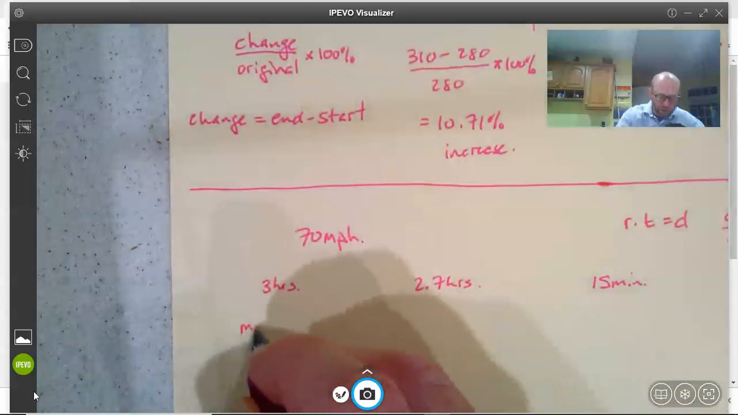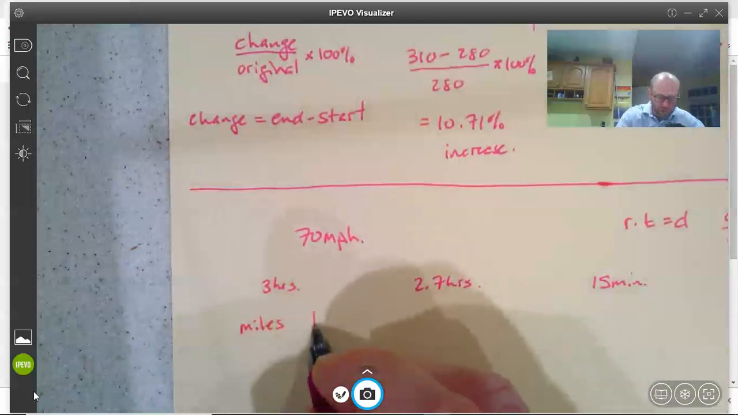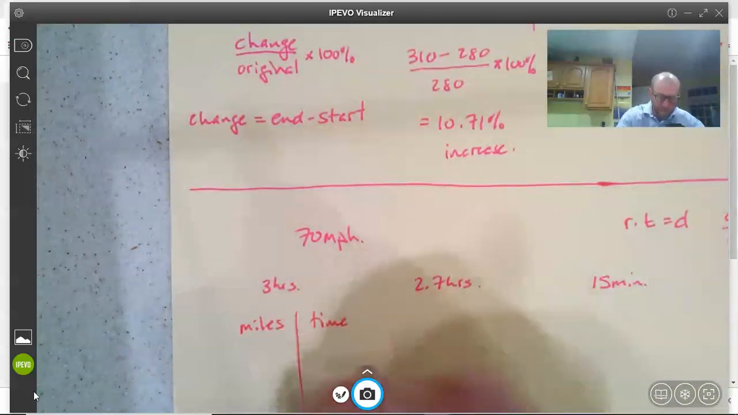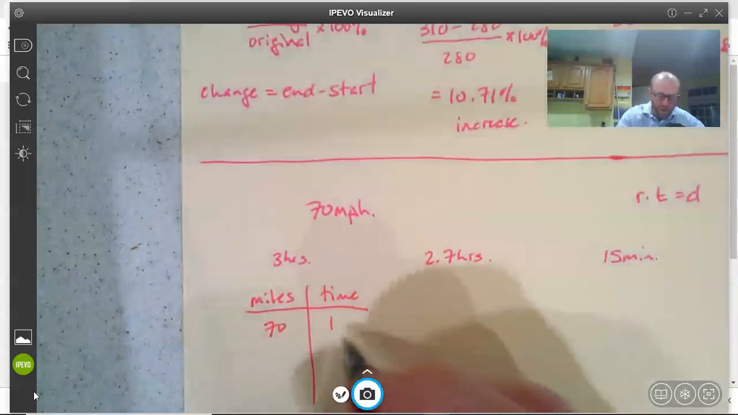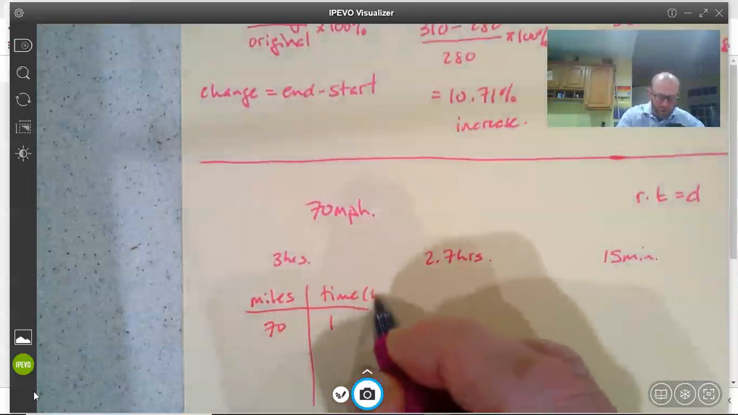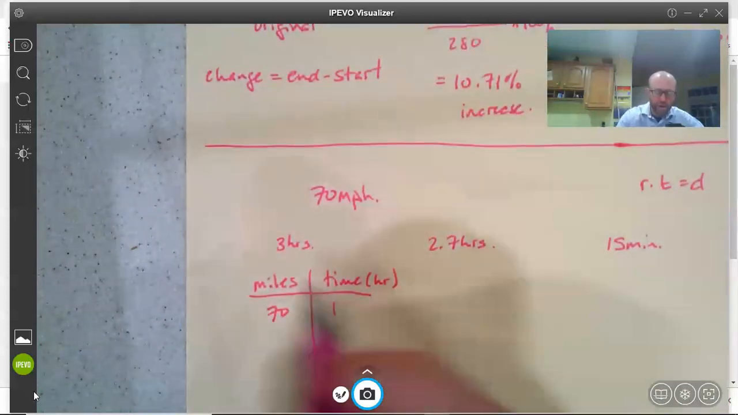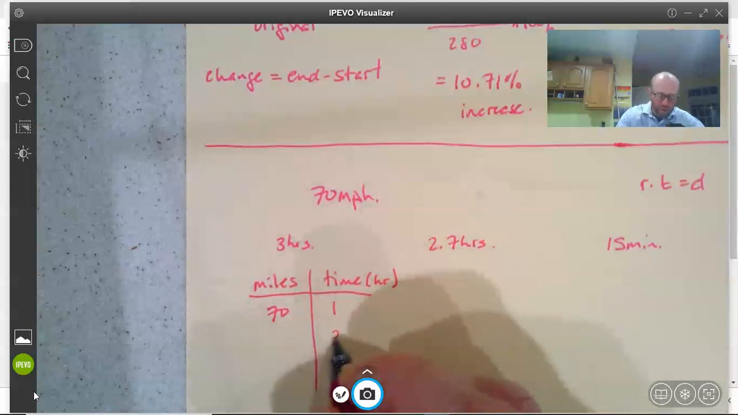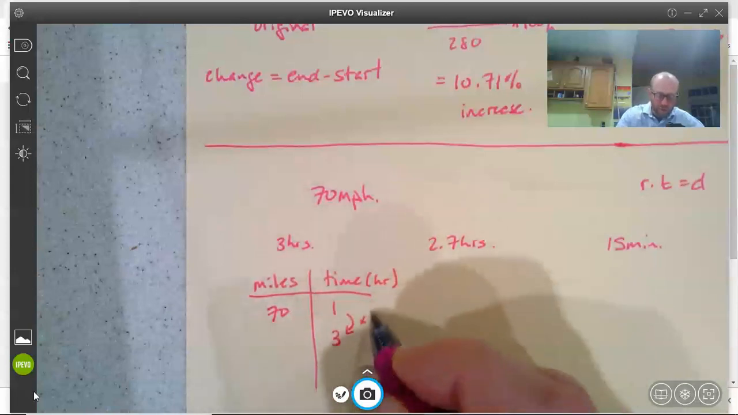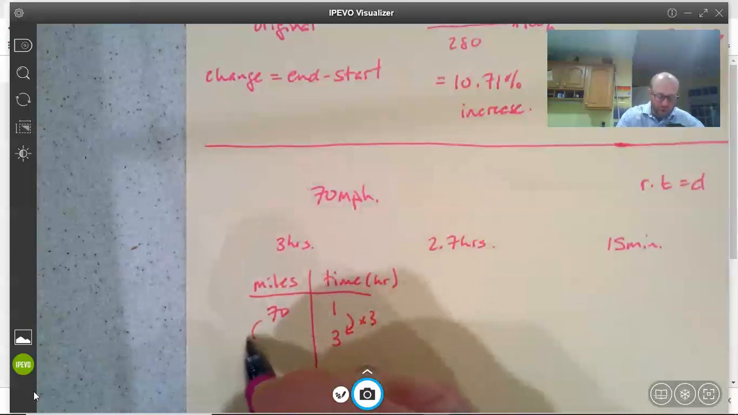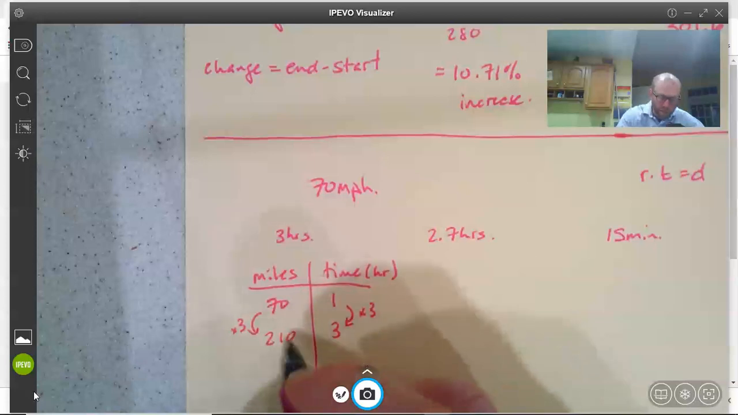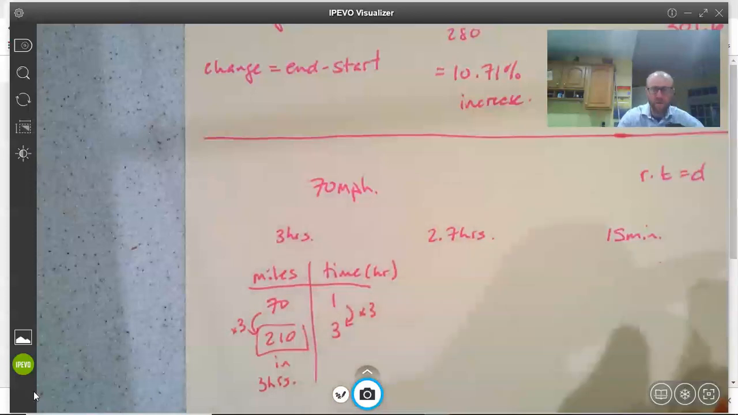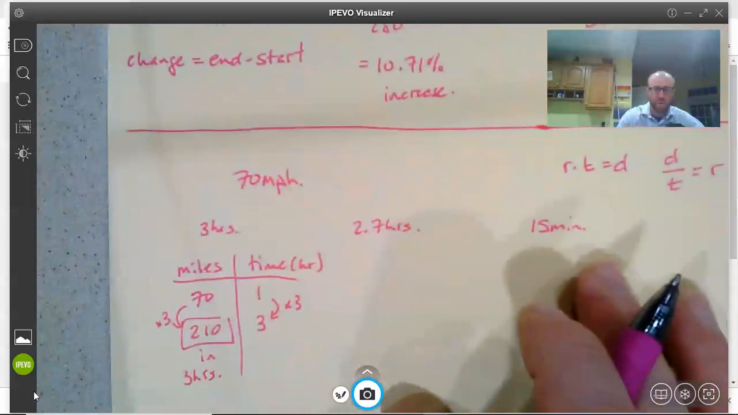I'm going to put miles and time. So 70 miles per hour means that he travels 70 miles in 1 hour. If I want to know how far he goes in 3 hours, well, 1 to 3 is times 3. So we would go on the other side of the table and also multiply by 3 to get 210 miles in 3 hours. If I want to do 2.7 hours,